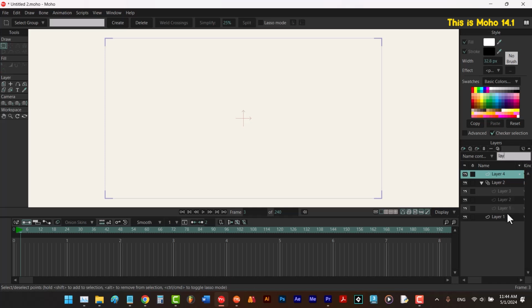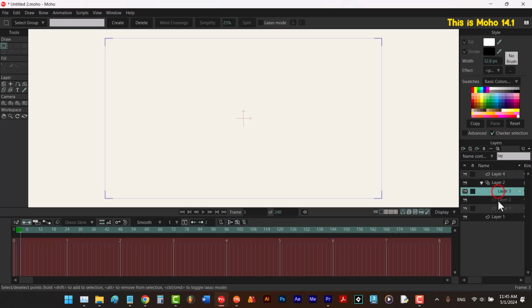But the problem here is that, unlike other methods, in this third method, you cannot move your child layers out of your frame by frame layer. See? I'm dragging, but nothing's gonna happen. I cannot move layer 3 out of my frame by frame layer. And this is our only limitation in this method, except this one, you can literally do anything with these layers,